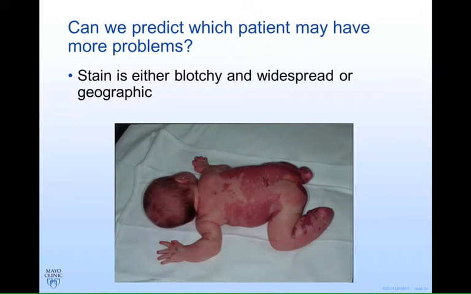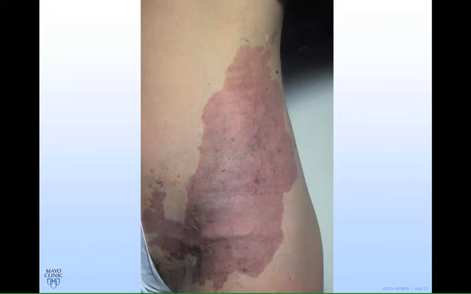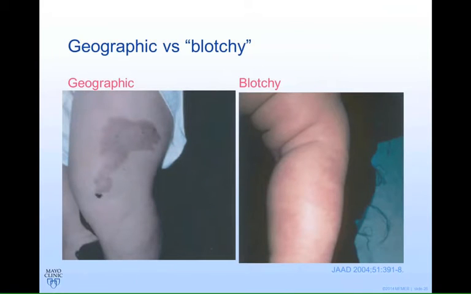So then a question looking at just the capillary malformation is, can we predict when someone has a capillary malformation who's more likely to have problems, who's going to have fairly few symptoms, and who's going to have trouble in general with different issues? And so there's a study that looked at the distribution and the type of stain, kind of like we showed early on. Is it blotchy and reticulate, or is it more sort of geographic and homogeneous? So this one actually would be a little bit more blotchy, and this one here would be more of a homogeneous capillary malformation. And again, I apologize for the blurry pictures, but it shows a little bit of the difference between what's geographic and what's considered to be more blotchy.